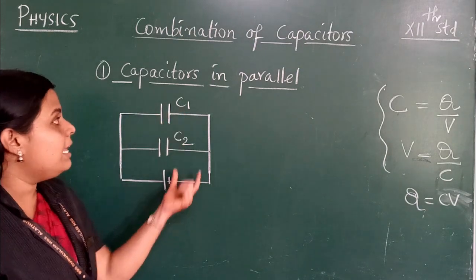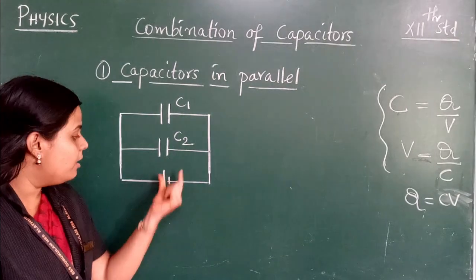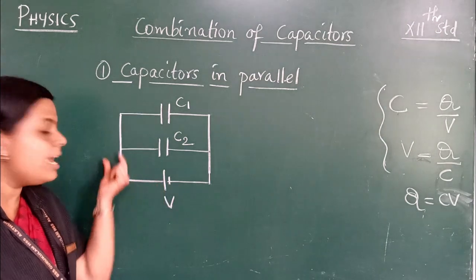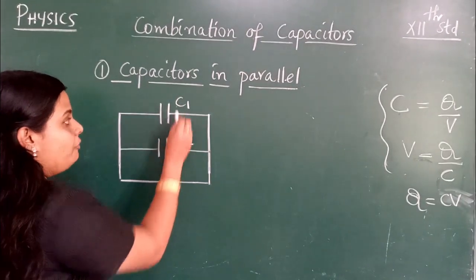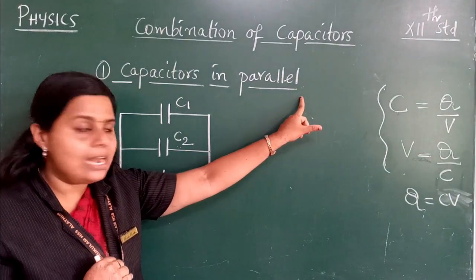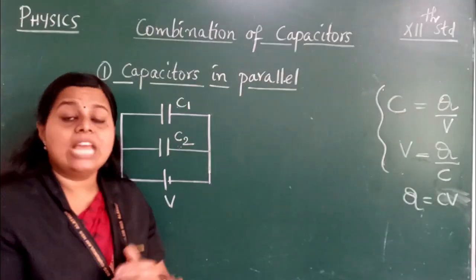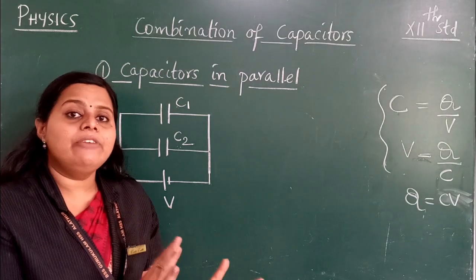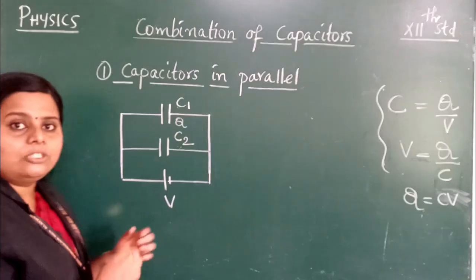Right? But in the case of parallel combination, look, we have connected a battery of V volts, that is a battery of potential difference V. So normally a current will be flowing through this circuit, and the current flowing through each of these capacitors will be different in parallel combination. That is the peculiarity of parallel combination. In parallel combination, what will be the current flowing through each capacitor? It will be different. Okay, since the current is different, the charges